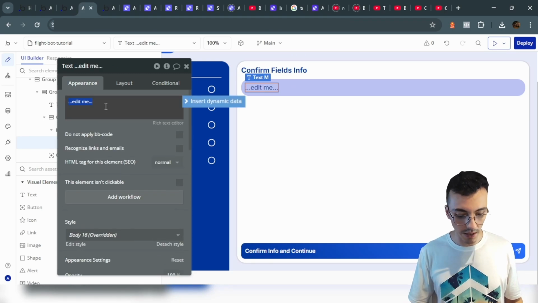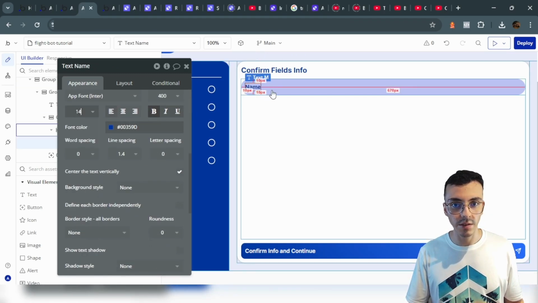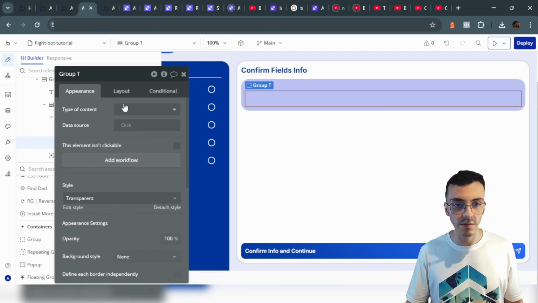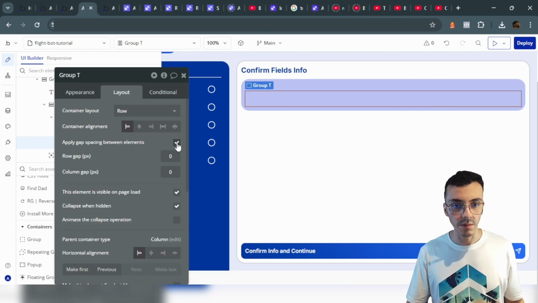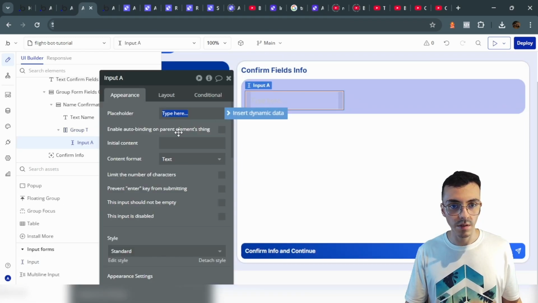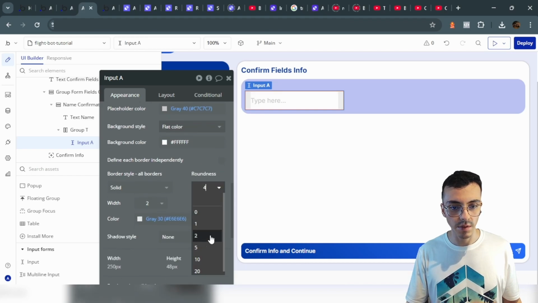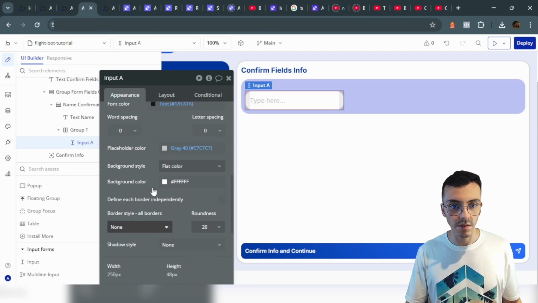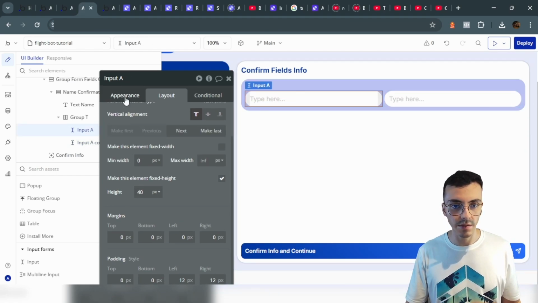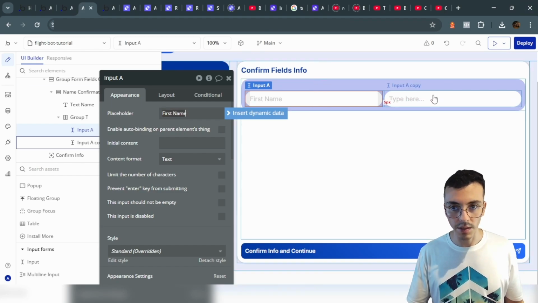In this case, this is the name. Let's put this bold in 14 pixels. Then I'm going to add a group that is going to contain the inputs. So this will be a row with 5 pixels, and let's add an input. Okay, flat color, 20 pixels, 40. And duplicate this. This will be the name, first name, and this is the last name,